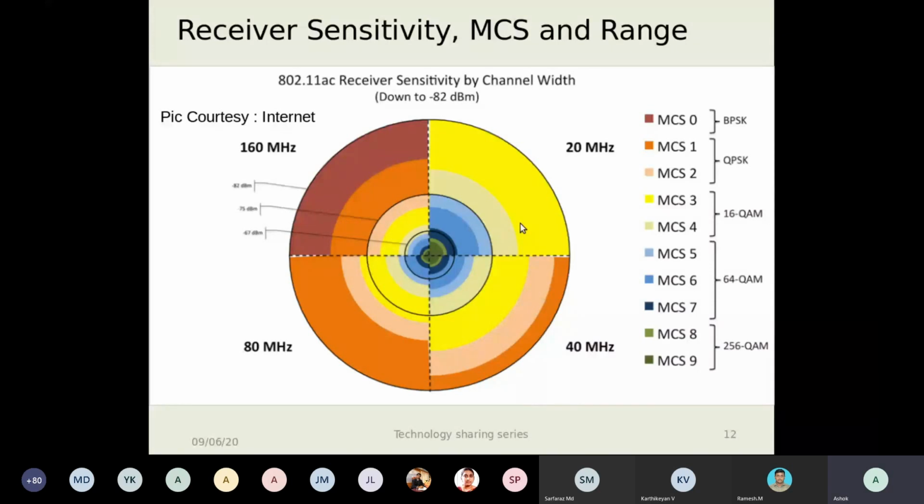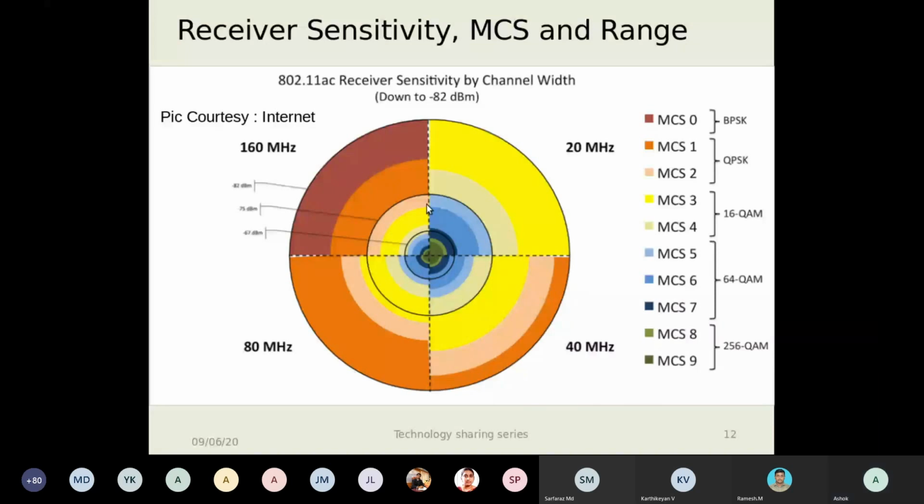And if you can see at 160 megahertz, at the same radius, you can only support something like MCS0. This is a very good picture which captures the effect of bandwidth, receiver sensitivity, and MCS index. A very good picture that will give you an understanding of what communication can be achieved at what distance based